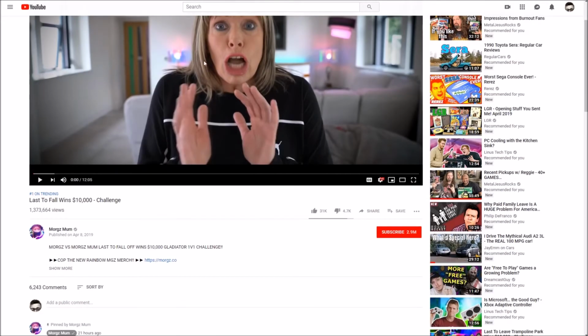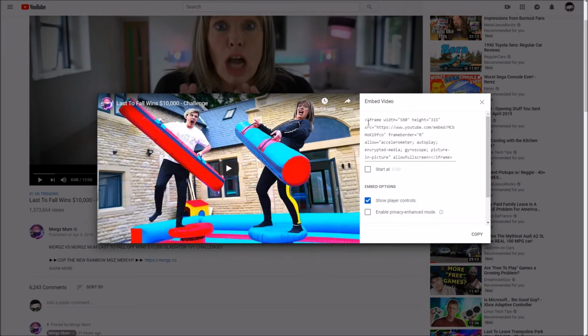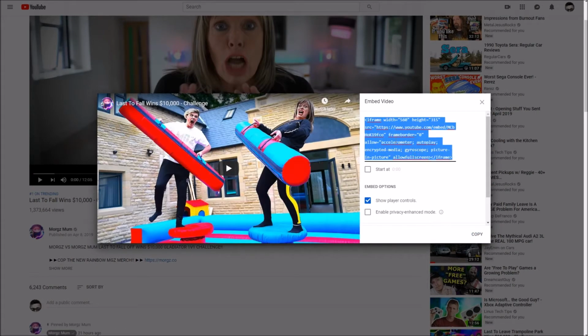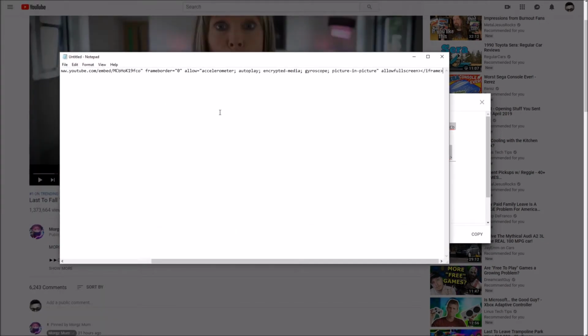What we mean by the embed URL in the instance of the YouTube video is, rather than the video URL itself, if you go to share and embed, you'll see you're given this iframe code, and the part we're referring to is the source here. So if I was to load up Notepad, for instance, and paste this in, the bit we're actually interested in is this here, the embed code. So if I was to take a copy of that,